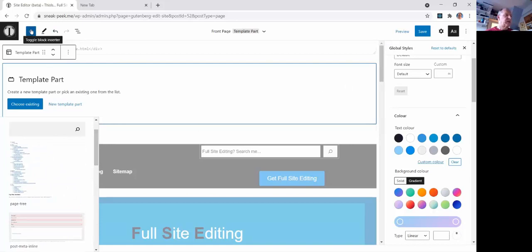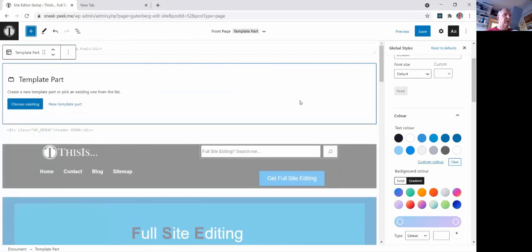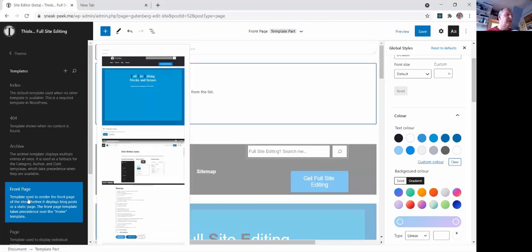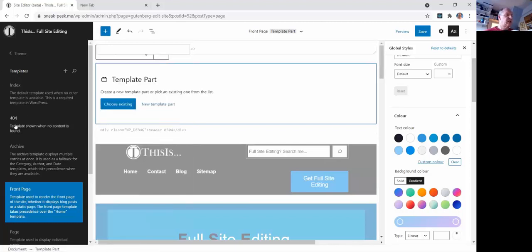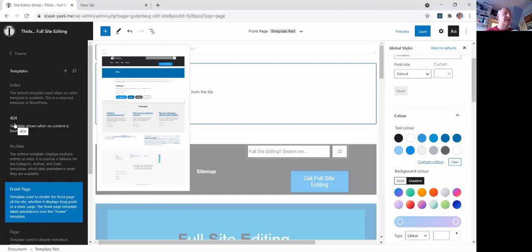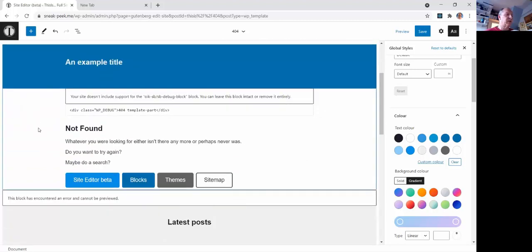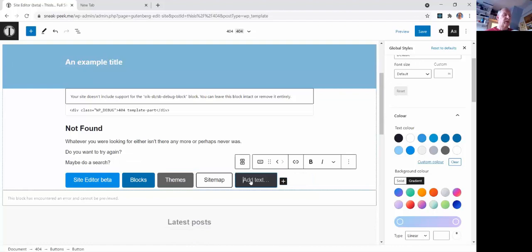Right, I'll get rid of that bit, the block inserter, and then we go and look at this thing over the left hand side, which is the template navigation. Now this is going to go wrong in a bit, but never mind. So here we can see we're editing the front page. I could choose to edit the 404 template, which is what you get when your website has not been able to find something. So here I've simply got a message not found, and there are a couple of links to it. If I wanted to add another link, I just click on plus, start typing in another button,